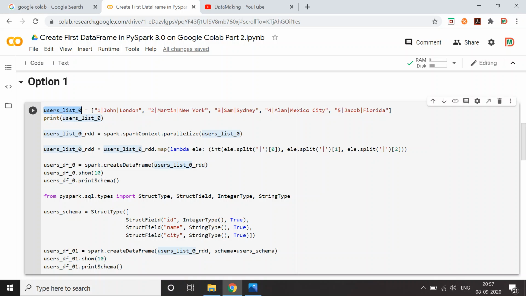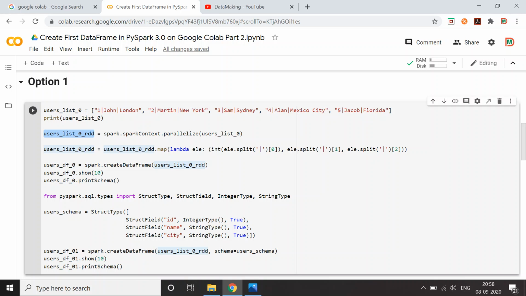If you want to create an RDD out of your list, you need to use the method called parallelize, which is part of the Spark context object. You access the Spark session object dot spark context dot parallelize, and you give the Python object, which is a list. Once you run this line of code, you get an RDD, which will have a list of string values.